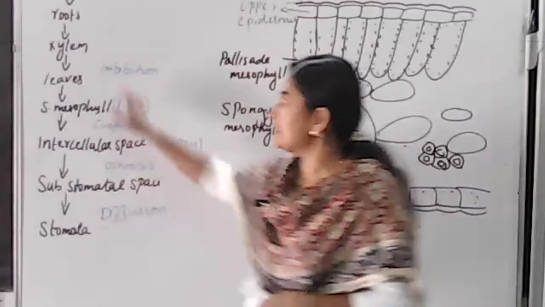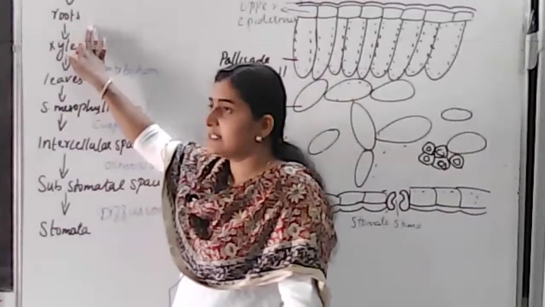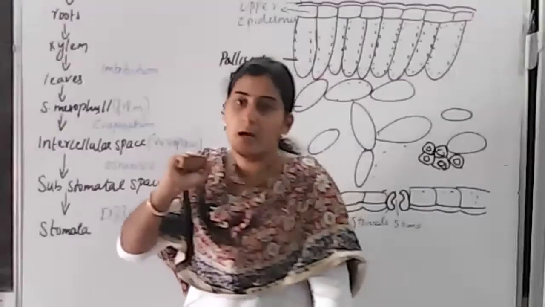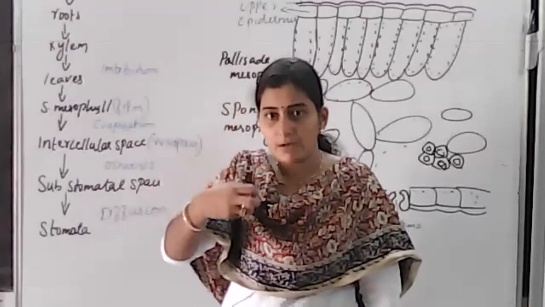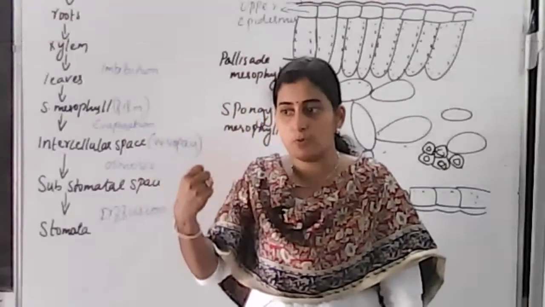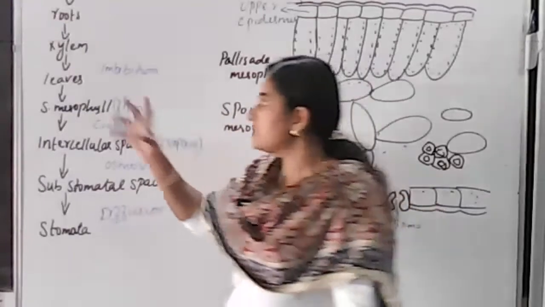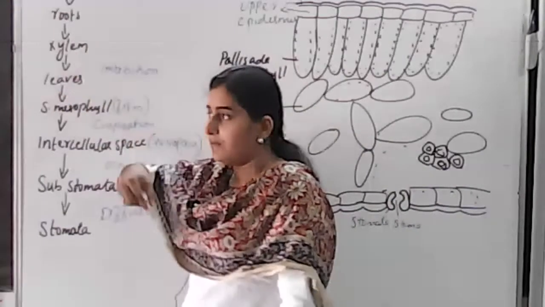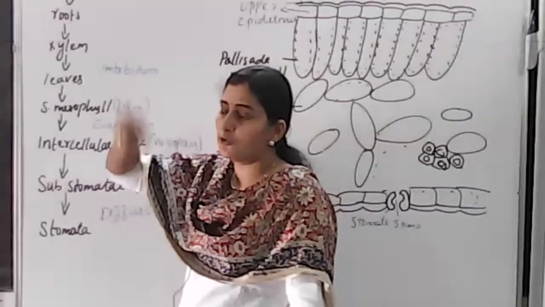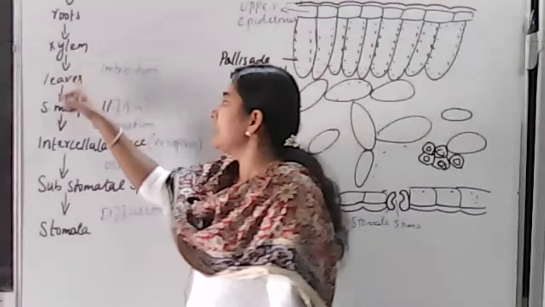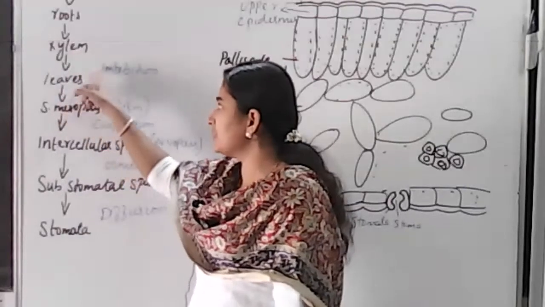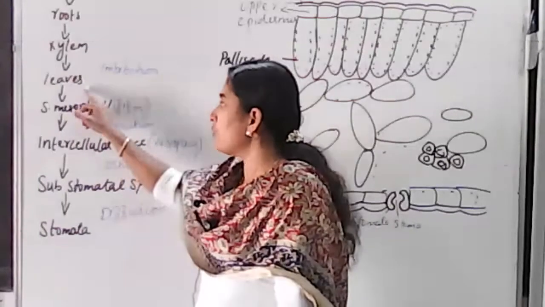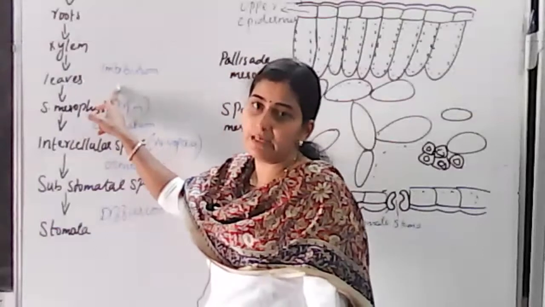First of all, we can see that groundwater is absorbed by certain roots. It will be carried by the roots of plants. Absorption by a root you studied in the last chapter, isn't it? By means of active transport or by means of endosmosis, water will be carried from soil towards a root, and from the root it will be carried to the next tissue, called the xylem, which is just like elongated tubes arranged one above the other. So through the xylem it reaches the leaf, and this process of carrying water from xylem cells through small veins towards the leaf occurs by means of a force, that is imbibition.